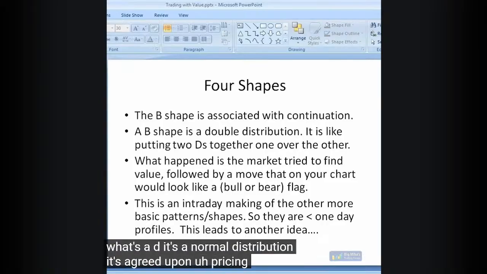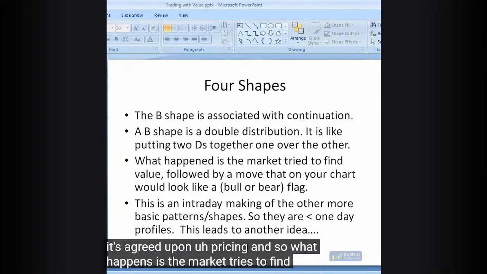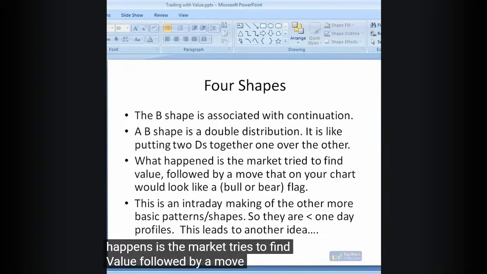It's agreed upon pricing. And so what happens is the market tries to find value, followed by a move that's going to look like a bull or a bear flag, and then it's going to consolidate again. Sometimes you'll have days that look like a rally day. The market, the S&P will move 20